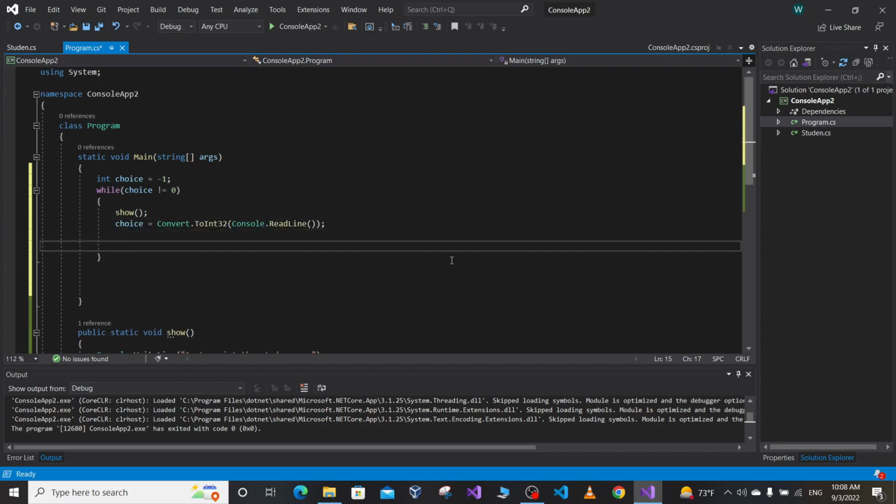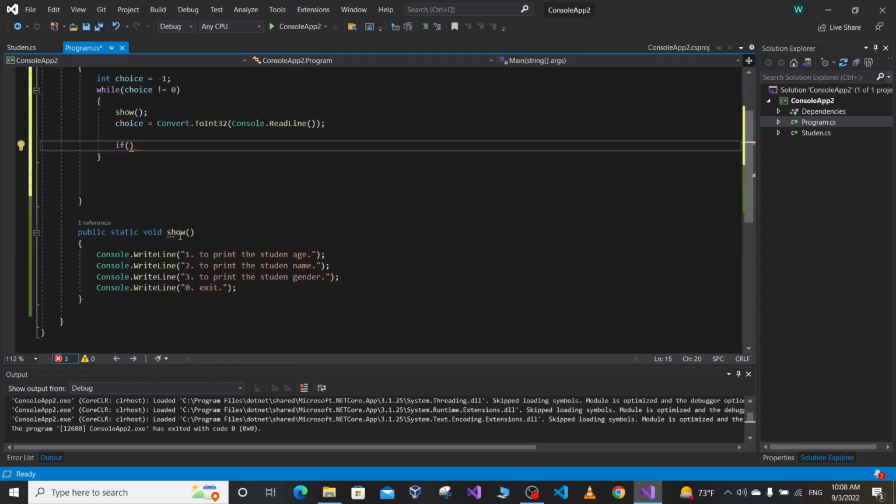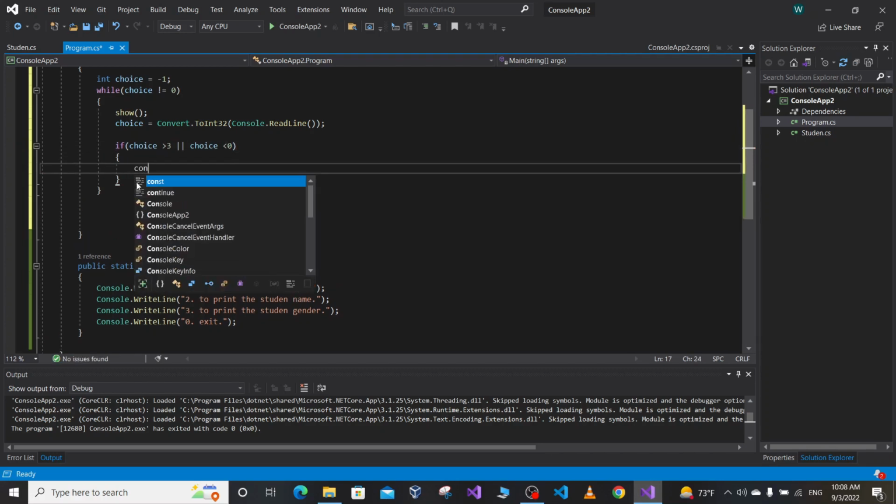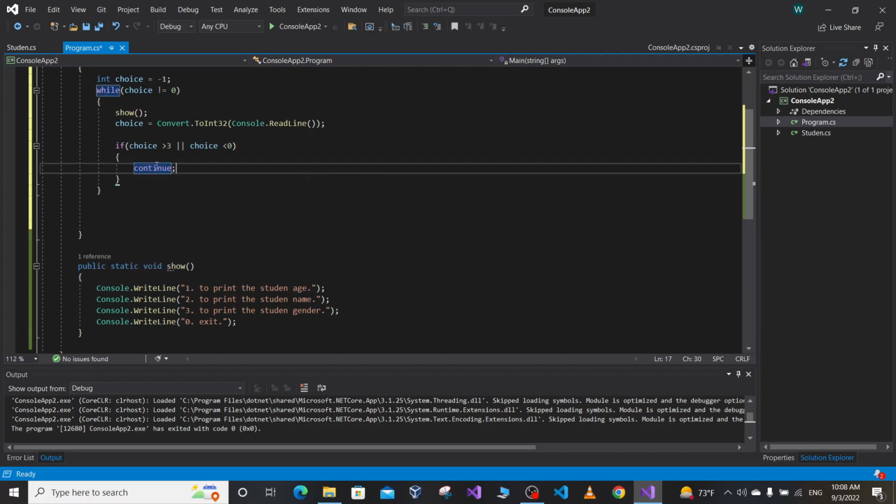We check if the user enters a number that's not between 0 and 3, so if choice is greater than 3 or choice is less than 0, it means the user has selected a wrong option. We can continue the loop and do nothing, and it will again show the menu, or we can print a message for the user also here,